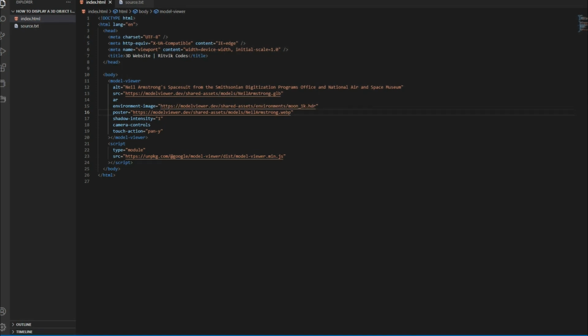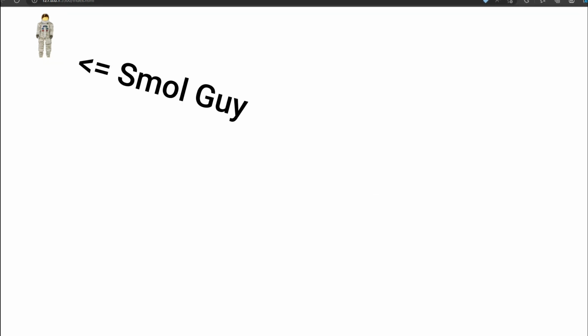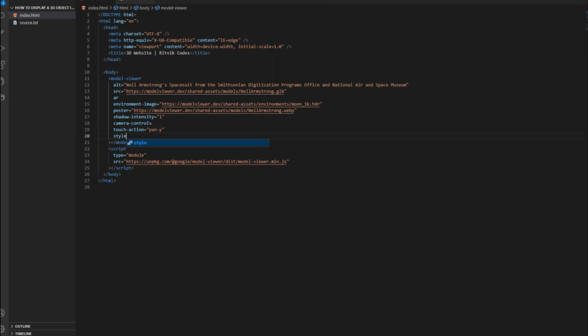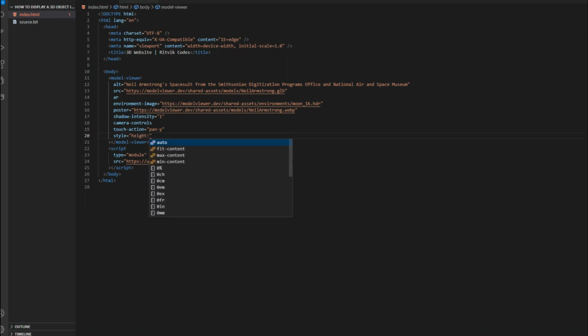Now what I need is to go live. As you can see, there's a small thing here. It's so small, can't even see it. I mean, you can see it, but it's too small. So what you need is this styling. So I'll add height as 100 VH